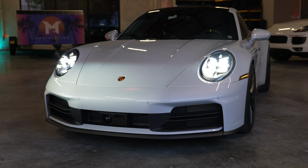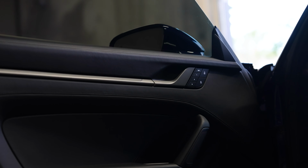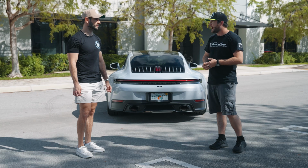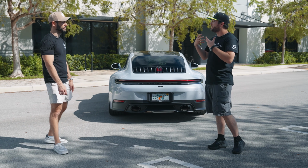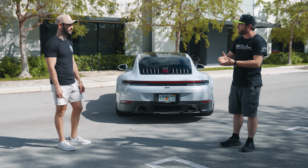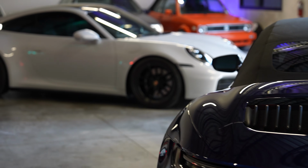over the years. And that seems to be the direction that Porsche is going with this, standard 911 models. It's just more refinement, more refinement, more refinement. But I don't like refinement. I don't like perfection. I want something that's more raw and visceral. And every single time a car comes out, it loses, for me, a little bit of that X factor more and